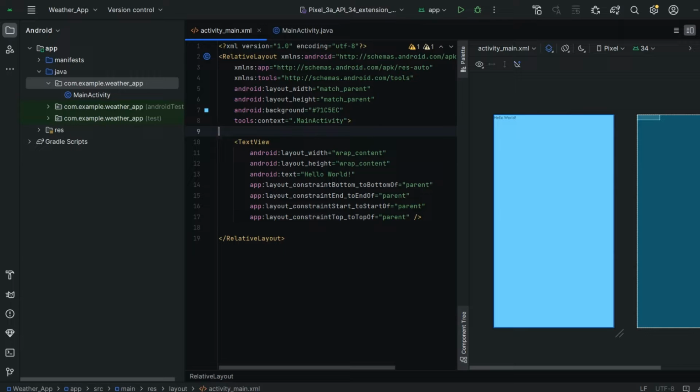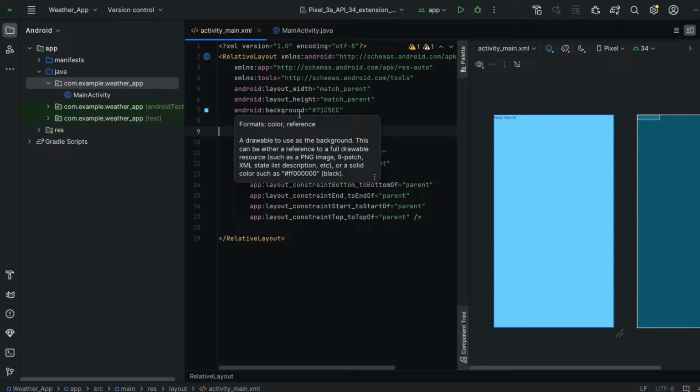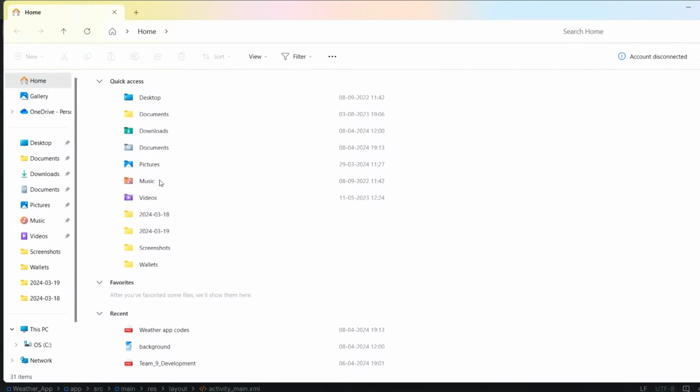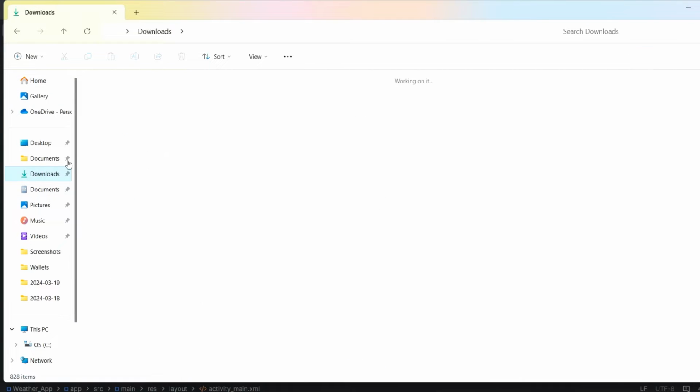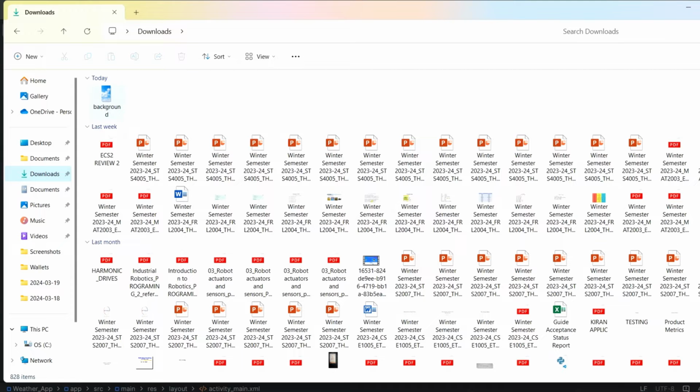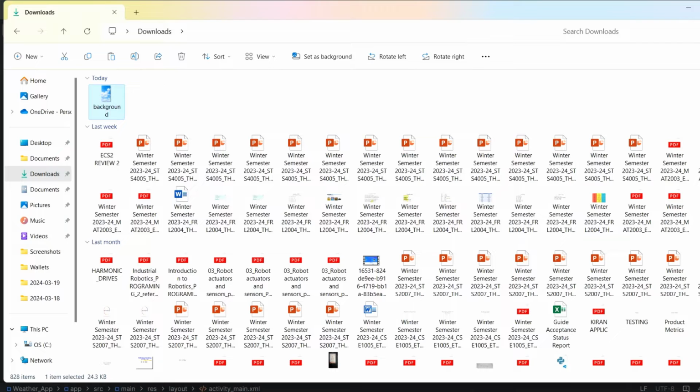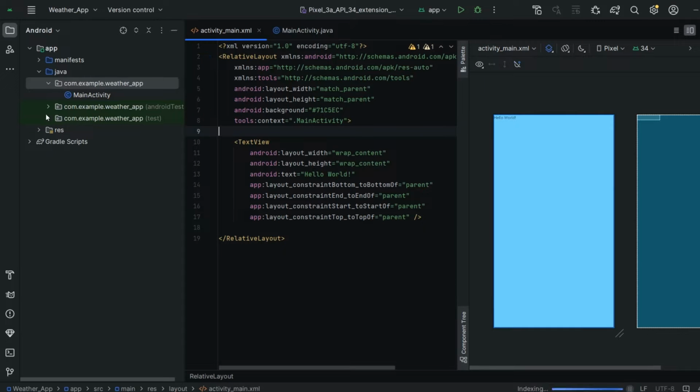Okay guys, and also I'm going to add some background image for our app. So let me add that background image. I already downloaded it from internet. If you haven't downloaded, please go through internet and download any random good looking image as per your app requirements.